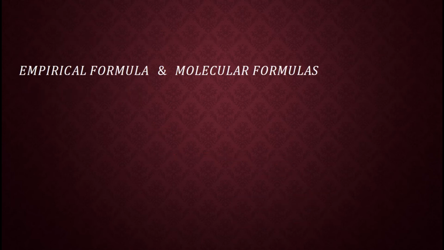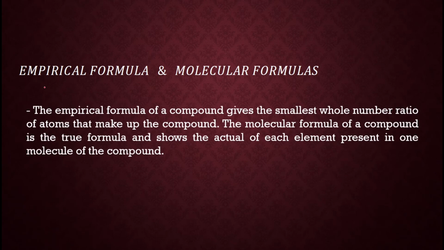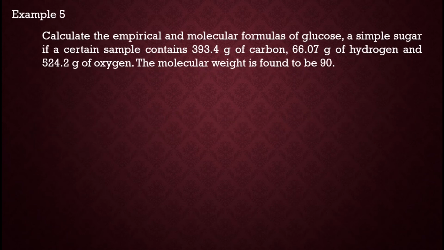So next, empirical formulas and molecular formulas. The empirical formula of a compound gives the smallest whole number ratio of atoms that make up the compound. The molecular formula of a compound is the true formula and shows the actual number of each element present in one molecule of the compound. For example, calculate the empirical and then the molecular formulas of glucose,